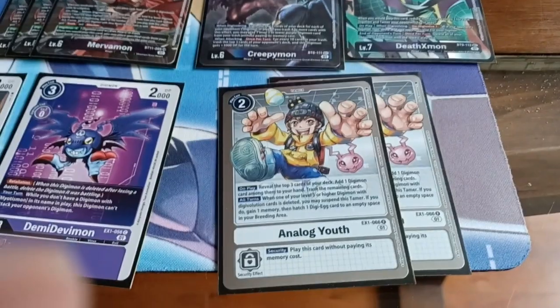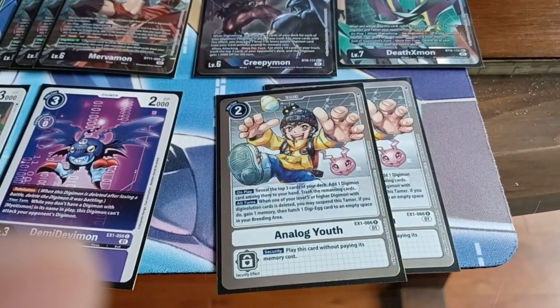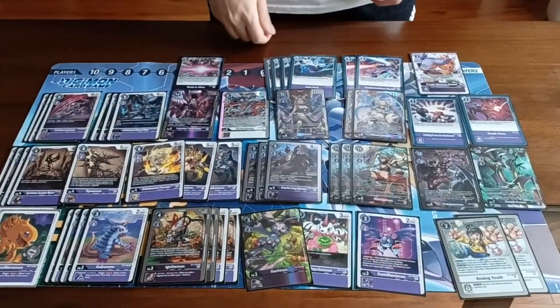Which is a great card. Consistency boosting and helps you get more memory when you're doing Cerberusmon stuffs. And that's basically the whole deck. The gist of it is that you're generally trying to aggro them down with DarkLizard and Eyesmon so that you can set up for Jack Raid,